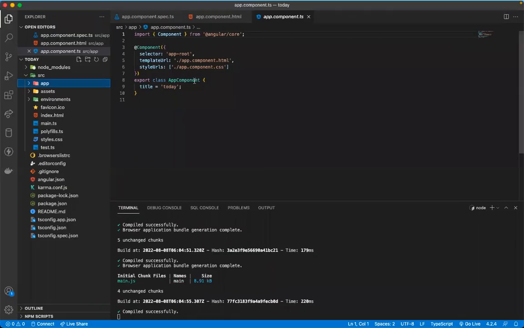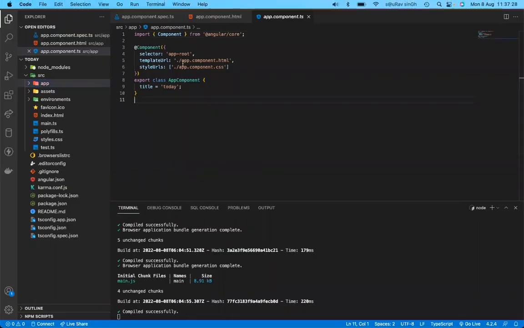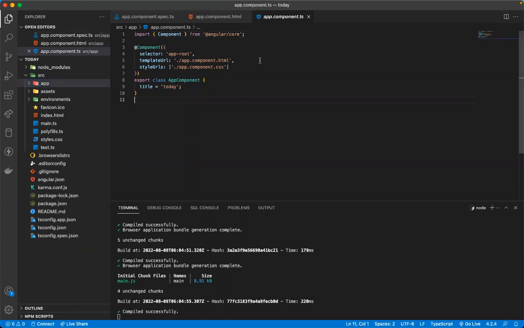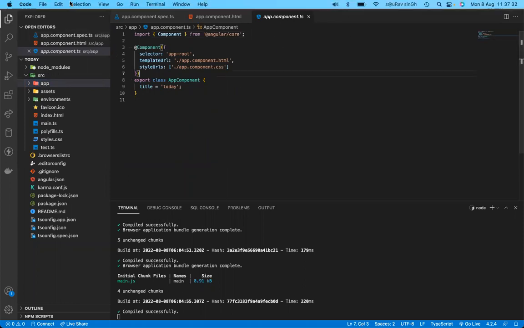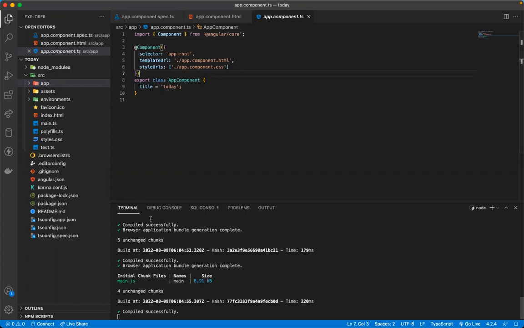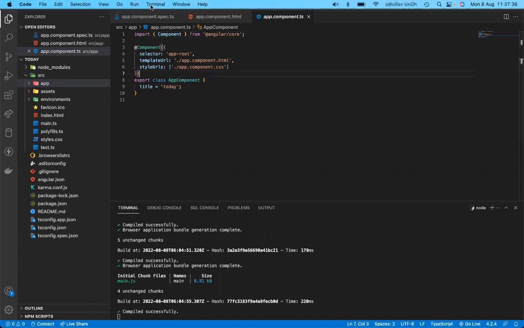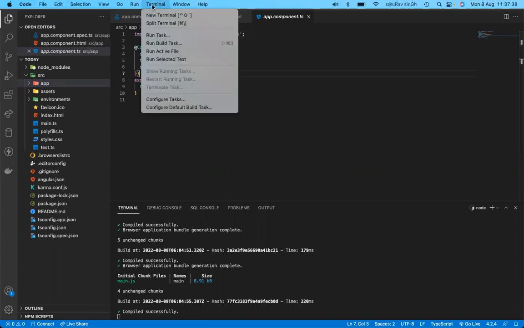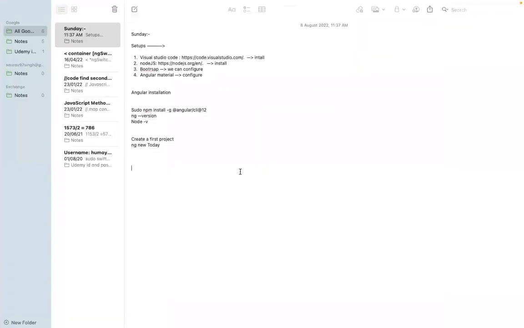For running, I already told you, you need to open your terminal. From here you will get the option Terminal. You need to click New Terminal. In the terminal section, you need to write ng serve. What ng serve will do is